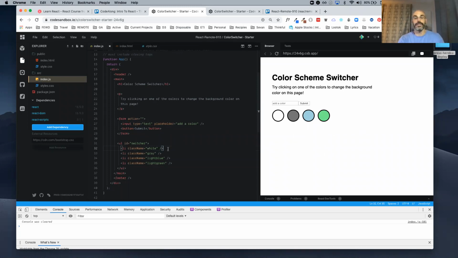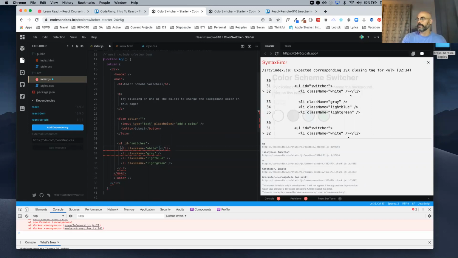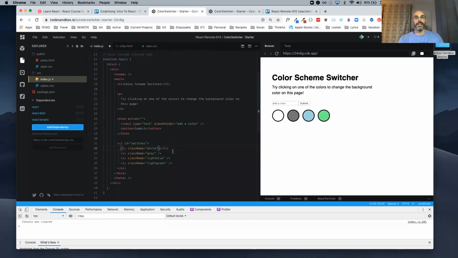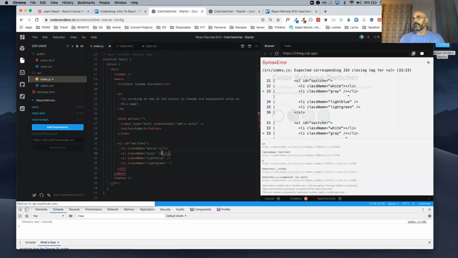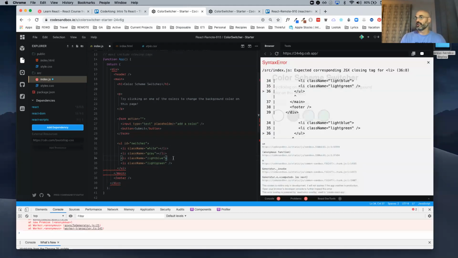As far as I would have written this, it should have been like that. Well, this is breaking now, so I'm not really sure. Oh, because this has this closing. It should be like this. I'm really surprised that this was working because I've never used self-closing LIs before. That's just kind of weird. I'm not even sure why that is.